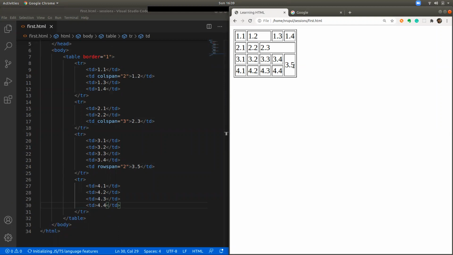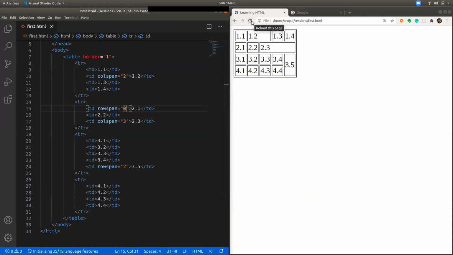So now you can see this is occupying two rows. In the same way, if you want any cell to occupy from that row till the end of it, there's one special value for row span, which is 0. Then that cell will extend till the end of the table.